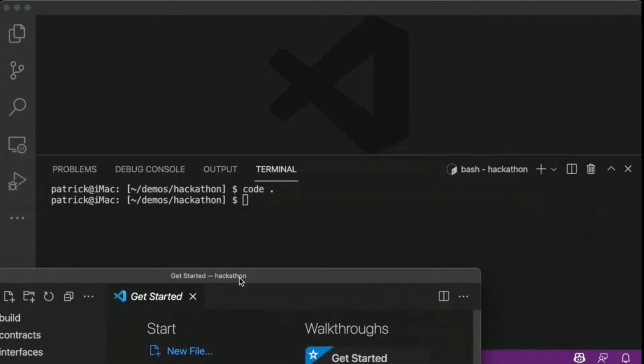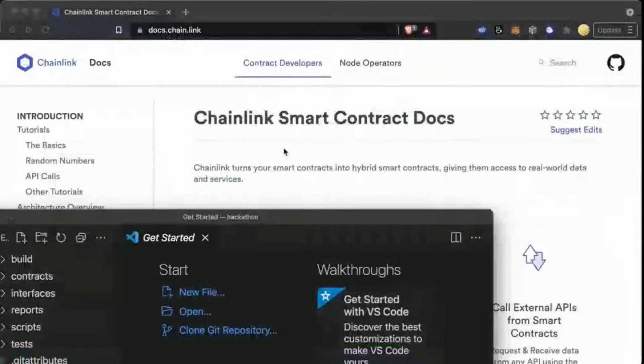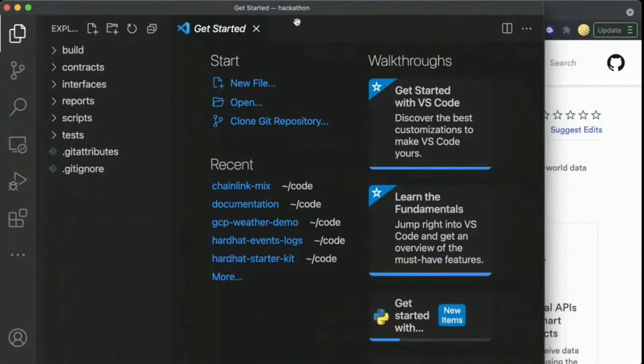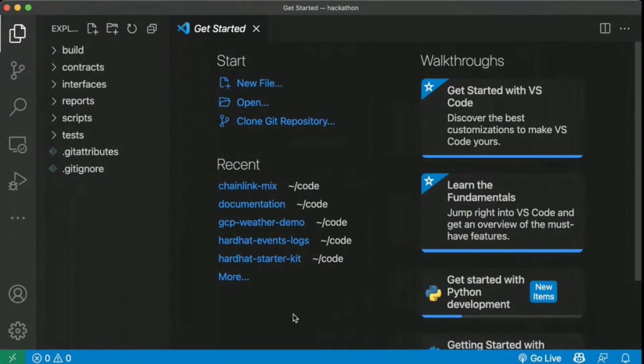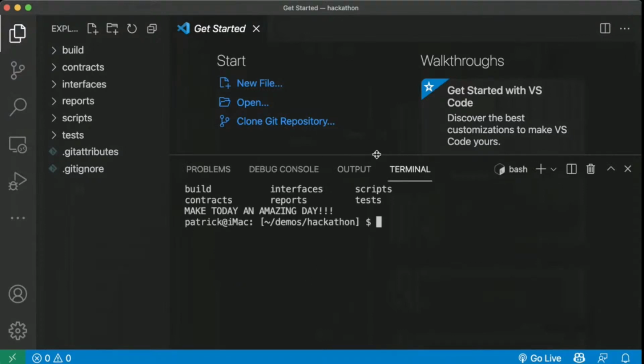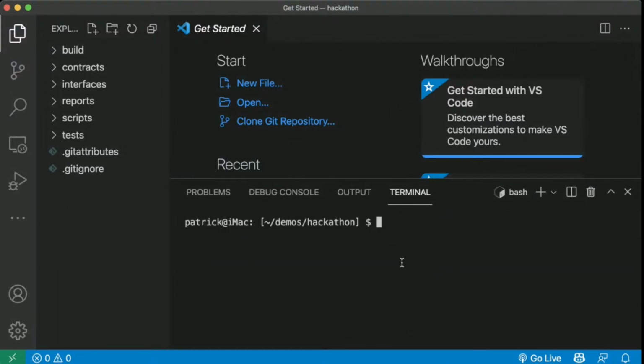what you can do is go to File, Open, and then open the folder that you just created. So mkdir makes a new folder, and this is our new folder project. And then when we open the terminal in here and we open our File Explorer, we'll see all the folders and all the files on the left, and our terminal down here. Okay. So here is where we are, after we've installed Node, Brownie, all that stuff.